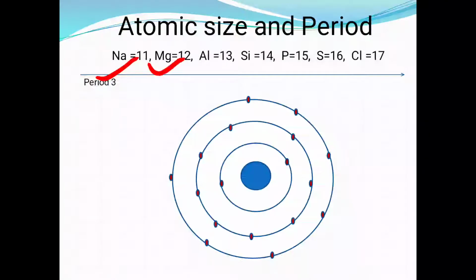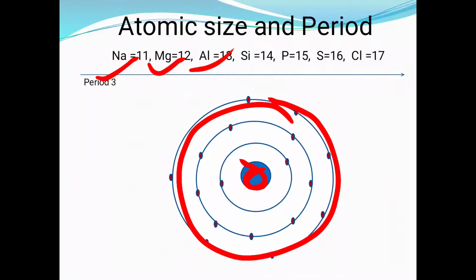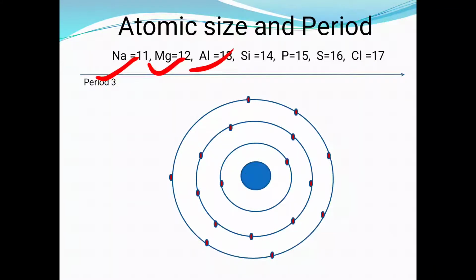As the atomic number of the elements increases, the number of protons inside the nucleus increases, and the number of electrons also increases, but here you will find that the electrons go on adding in the same shell, that is this outermost shell, as you move across the period. That means the force of attraction between the nucleus and the outermost orbit goes on increasing as the atomic number increases. That's why the nucleus pulls the outermost orbit more and more inward, and that's how the size of the atom is reducing as you move across period number 3, okay?